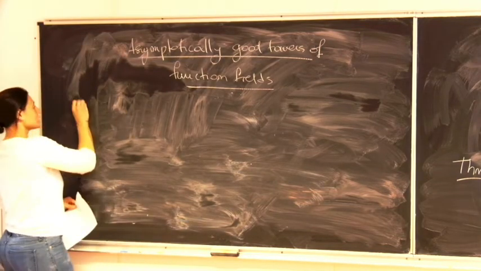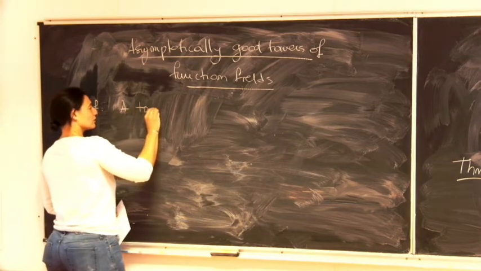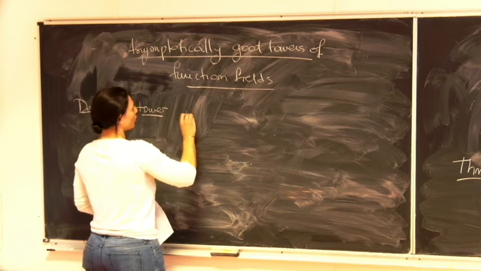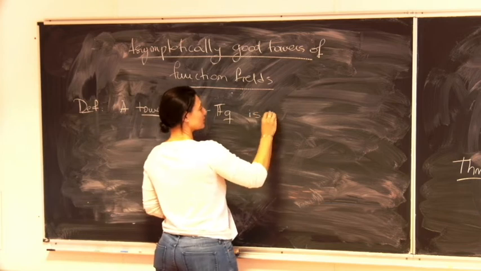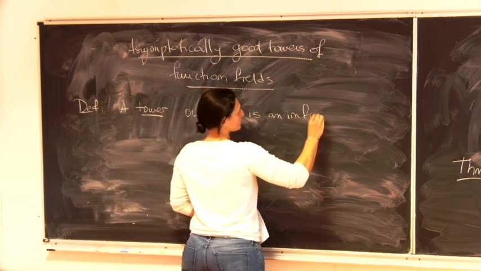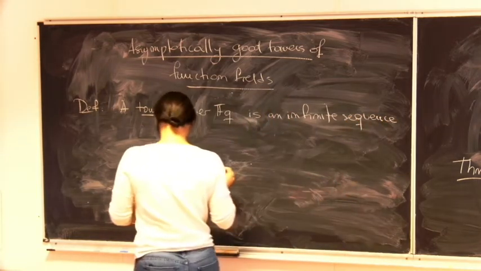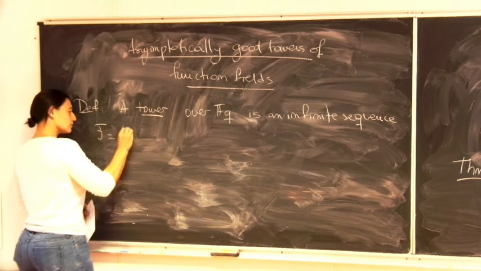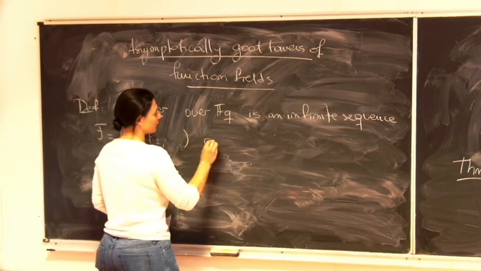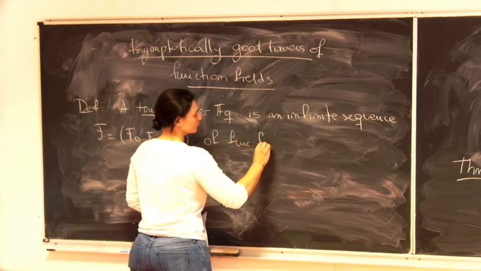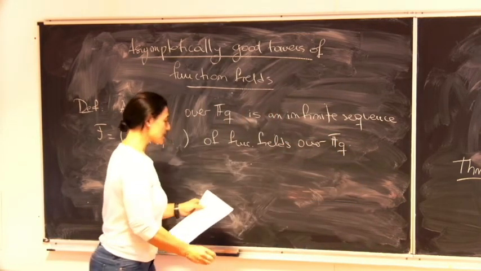And so the definition: a tower of function fields over F_q is an infinite sequence of function fields, let's call it F_0, F_1, and so on, over the same finite field F_q, such that